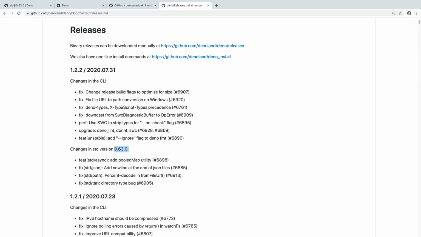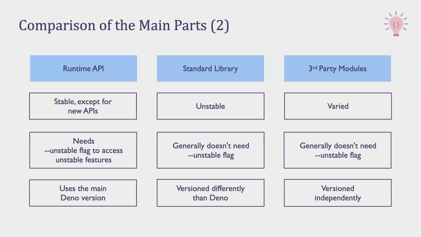Why? Because as mentioned before, the Runtime API that is built in Deno is stable, while the standard library is still unstable. So, to avoid confusion between these two, they are versioned differently. As for the third-party modules, because they come from the community, each of them is versioned independently.